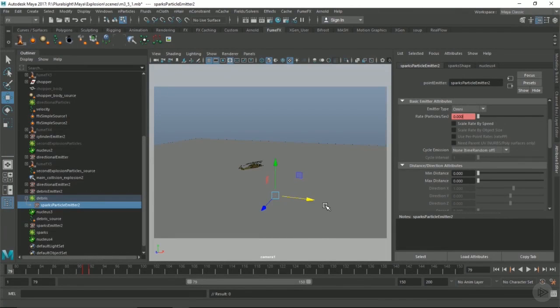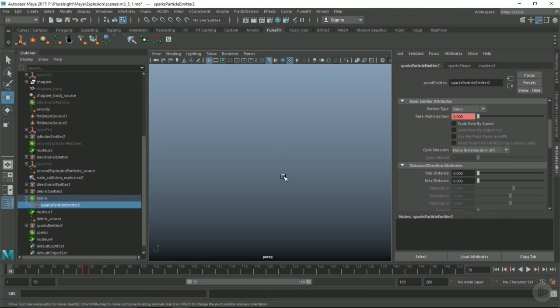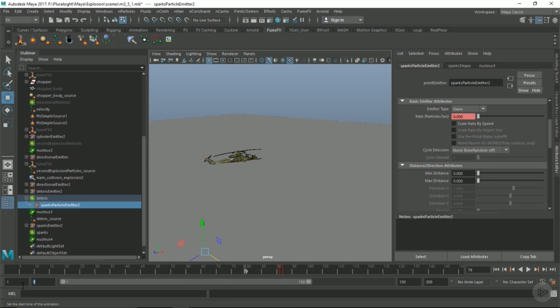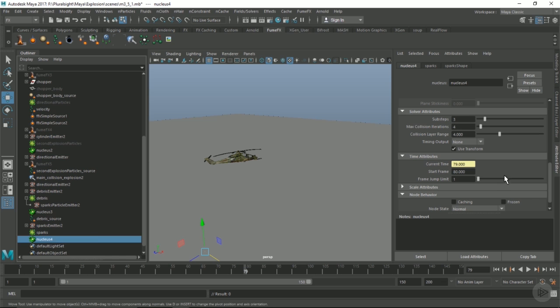Alright, so now we're going to go in and set up the sparks for the initial explosion as well. For this, I'm going to set the timeline back to frame 1, and we're going to do this all in the same nucleus. So let's select our nucleus and set the start frame to, actually, start frame 10,